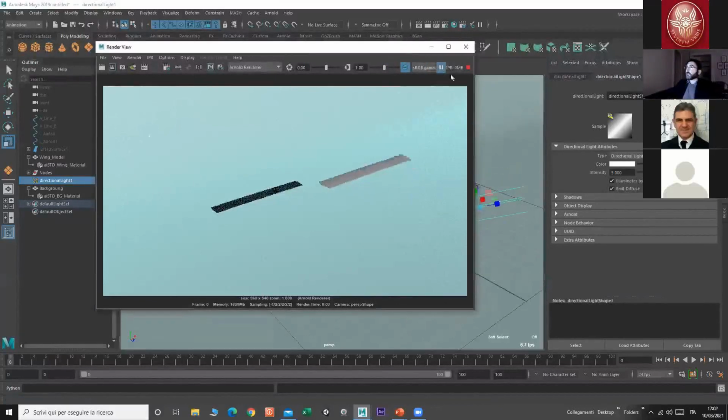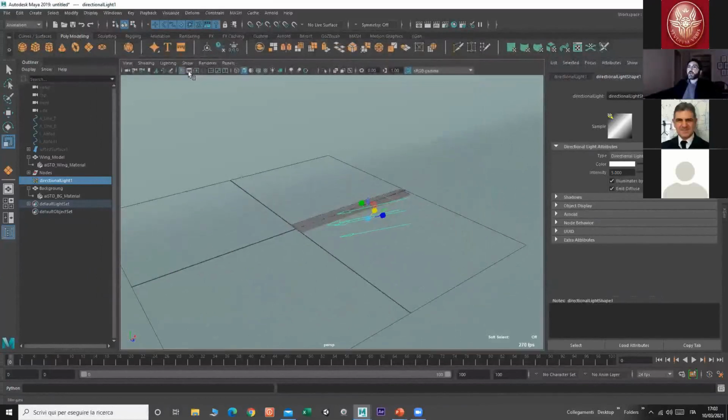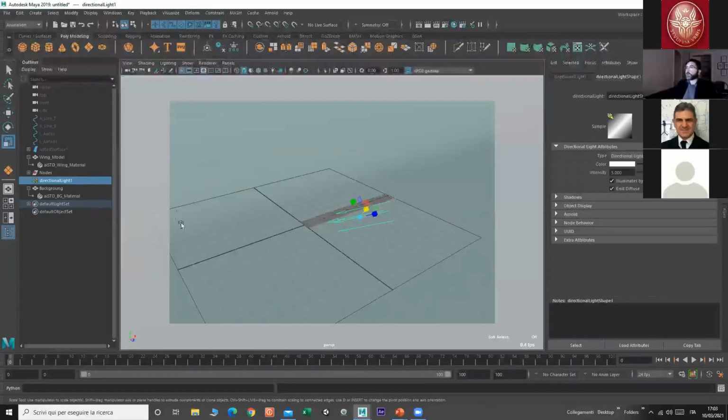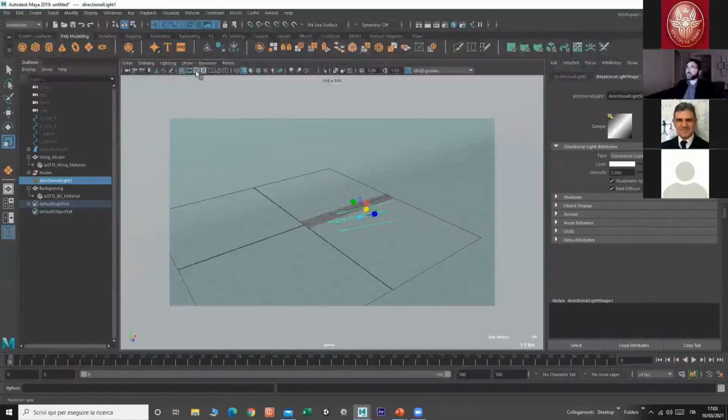Now I stop my IPR and close. I select in the viewport menu the field gate for the visualization of the animation, and then the resolution gate. So I have my final size. Then I need to set the render. So go on the icon with the gear in the top here